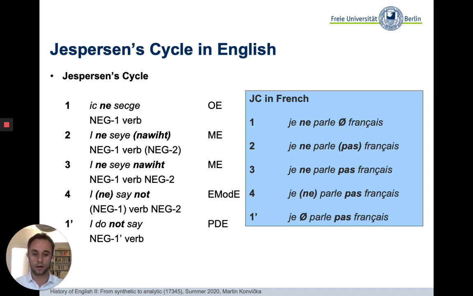And only in colloquial French, you get the same stage that you have in English nowadays, right? Where you only have one post-verbal negator. And if you compare different languages, you will see that they are located at different stages of the process. Right? So, for example, if I'm not mistaken, most of the Slavic languages still use the pre-verbal negators, so they would be in the first or second stage,